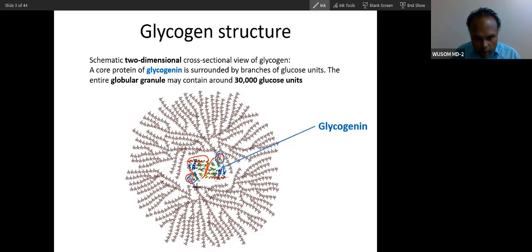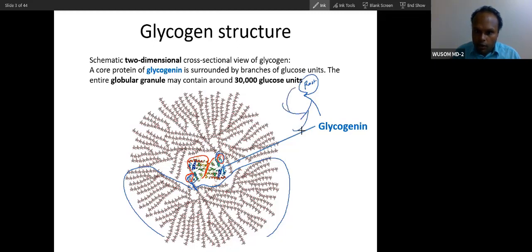branching. The whole of this glycogen is nothing but branching of this trunk of glucose, and the root of this trunk is glycogenin. So you can remember the root here is glycogenin, and this is the trunk, and on that trunk there are branches. There is only one trunk. Here is the glycogenin protein. This is trunk, this is root. Root is glycogenin protein, and on this trunk there will be branching like this. There will be various branching.